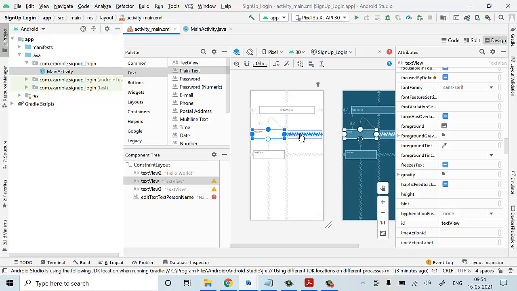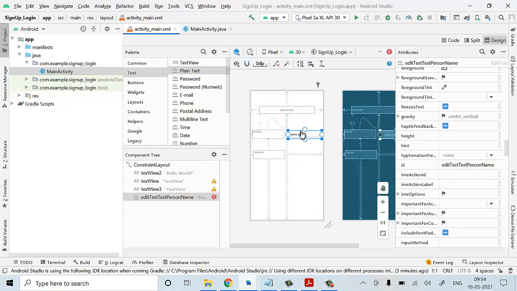First I'll delete this. I'll arrange it only. First I'll arrange the name box to the particular position. This also I have arranged to the name. Now I'll move it to this particular position, so everything will be the same and it won't move here and there. Now it is done for taking the input username.